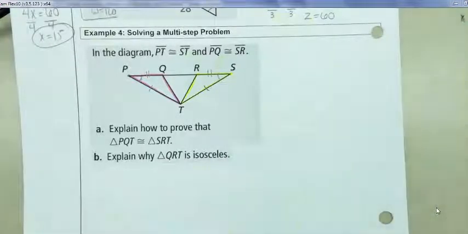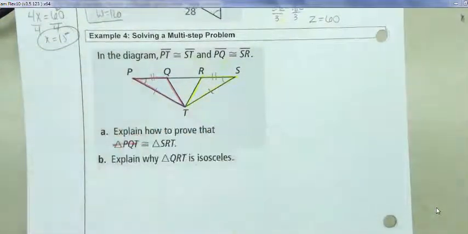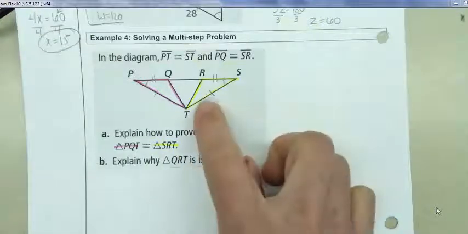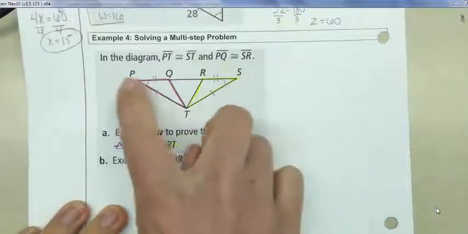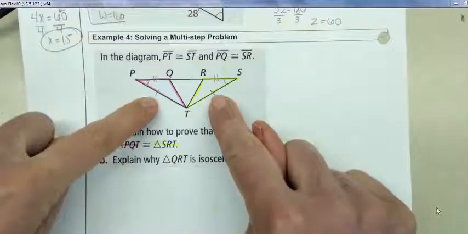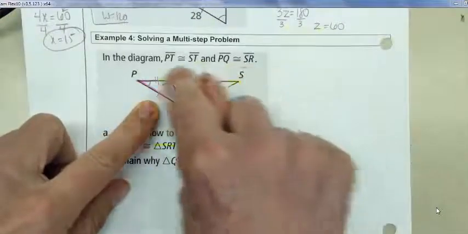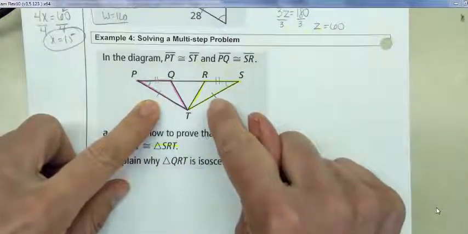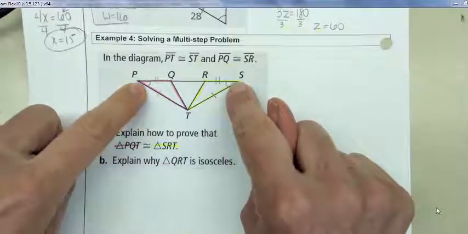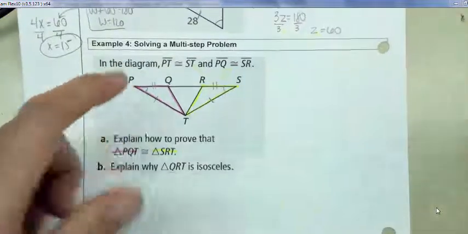Okay, and PQT was my pink one. SRT was my yellow one. And we already said that in this bigger triangle, PTS, we were given that these two sides are congruent. So we knew that this bigger triangle, PTS, was an isosceles triangle. So we were then able to say, okay, isosceles triangle, base angles are congruent. So angle P is congruent to angle S. Now, using one of these,